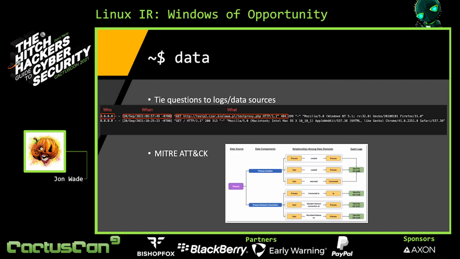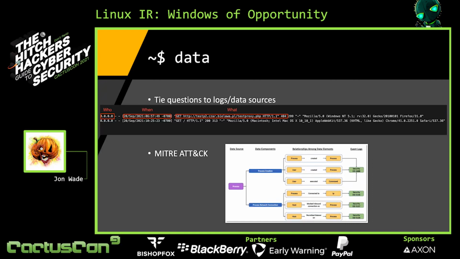And speaking of data, to be able to perform an investigation, you've got to have data to start with. That's why when you start setting up any logging infrastructure, you need to take a moment to think about and plan out what data to ingest. Sending everything in the kitchen sink can actually be worse than not getting enough data in the first place. Particularly in an enterprise environment, those costs can skyrocket, add up very quickly, and cause you to actually not ingest what you need to in the first place.